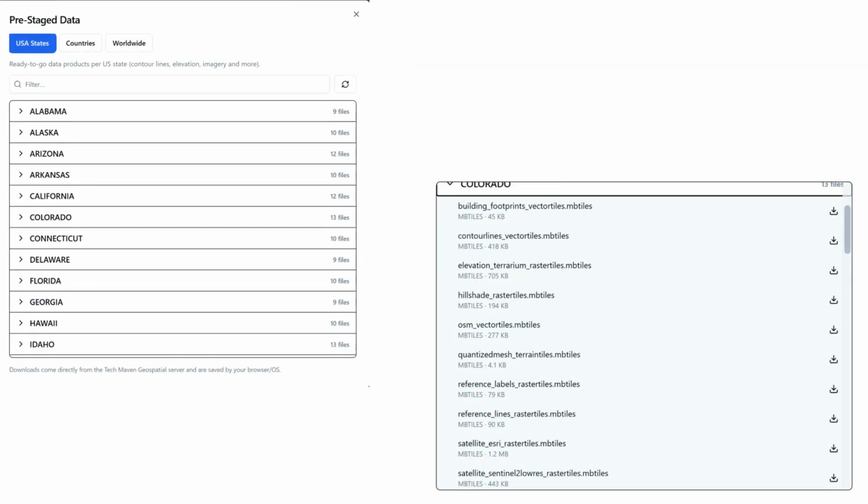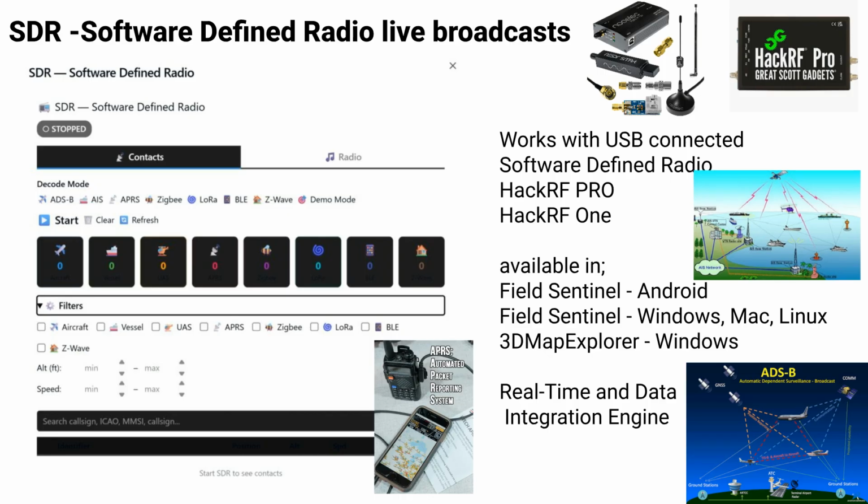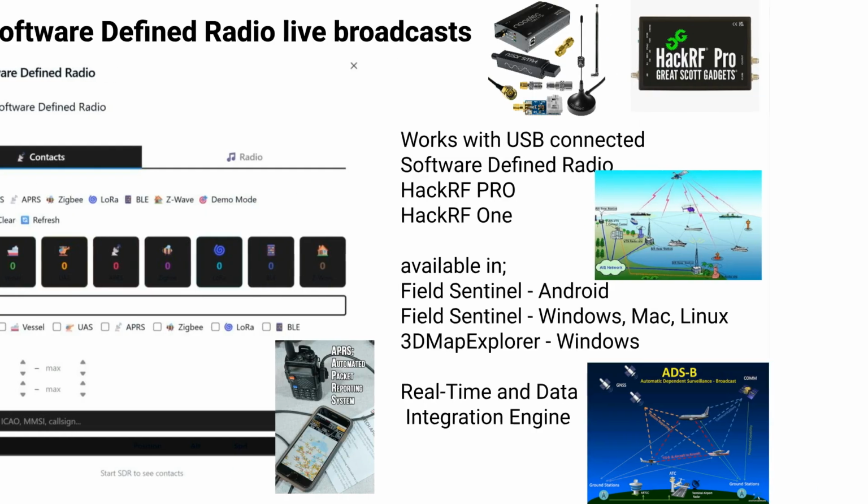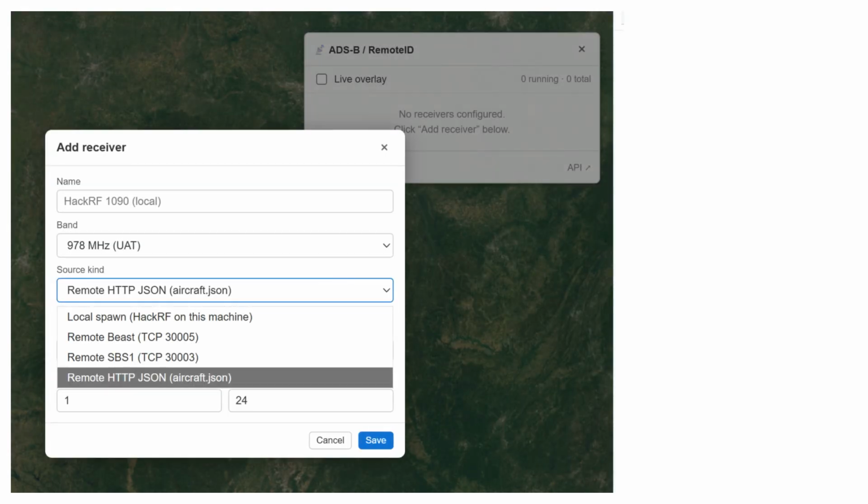The SDR functionality is compatible with USB-connected hardware like the HackRF One and HackRF Pro, ensuring high-fidelity signal acquisition. This capability is available across multiple platforms, including Field Sentinel for Android and desktop versions for Windows, Mac, and Linux. The 3D Map Explorer for Windows rounds out the suite, serving as a powerful real-time and data integration engine for